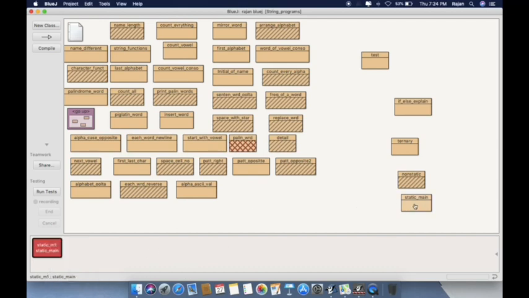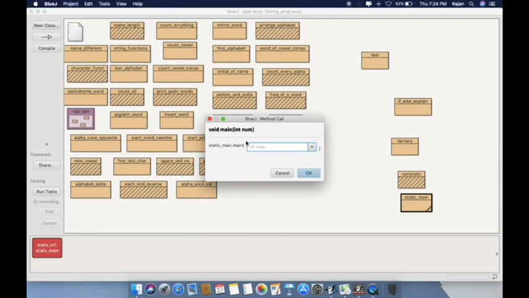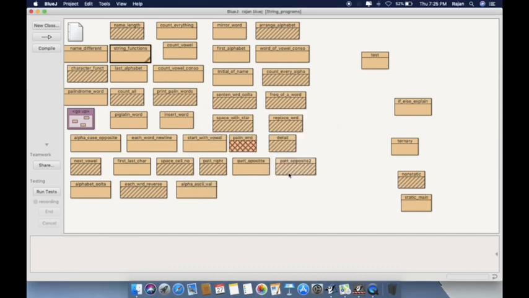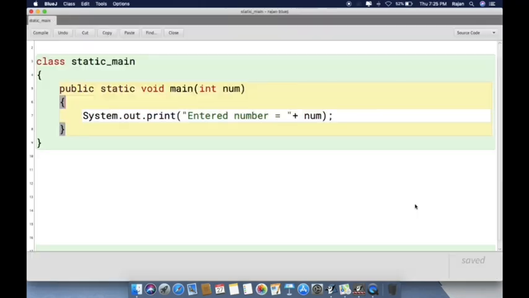Now again, let's make a right click onto this. This time let's select void main, showing the function symbol. It's asking you to enter the number directly, meaning this object which is created for this class right now is of no use, so we'll remove it. Now if you cancel it, let's see again, so that you won't get confused.